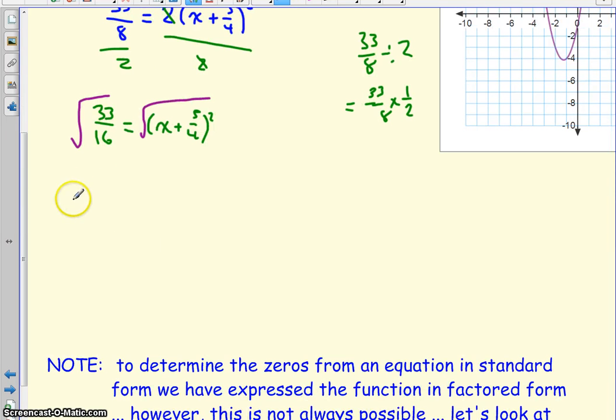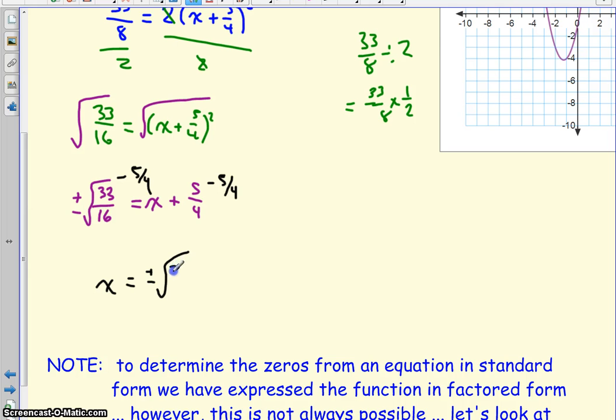So this is going to give me plus or minus, don't forget the square root, you're taking the square root of both sides of an equation, so don't forget the plus or minus. That's going to be equal to x plus 5 over 4, which, when I subtract 5 over 4 from each side, finally gets me an answer for x. So I wind up with x equals plus or minus the square root of 33 over 16